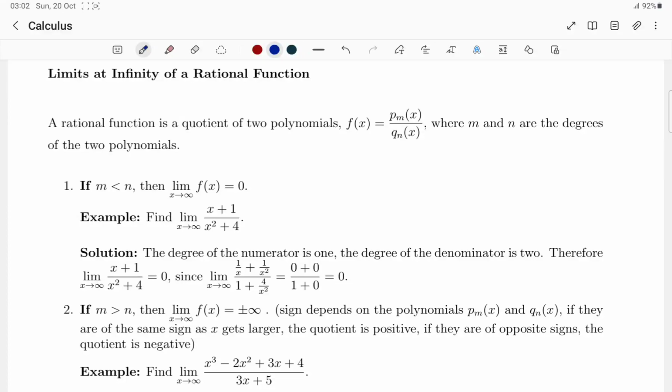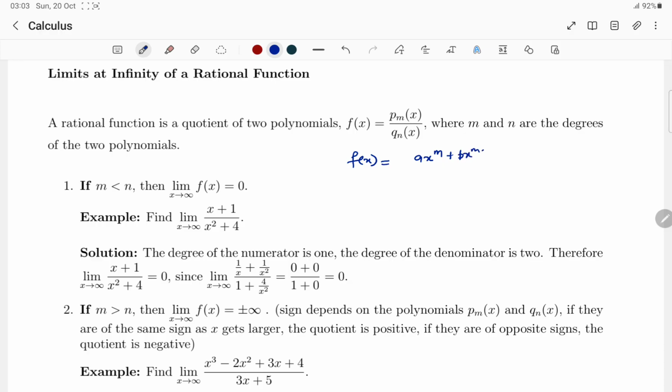This video is for limits at infinity of rational functions. A rational function is a quotient of two polynomials. f of x is equal to p_m of x over q_n of x, where m and n are the degrees of the two polynomials. So we have our f of x being equal to, let's say, a x to the m plus b x to the m minus 1,